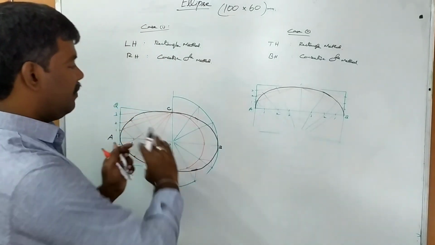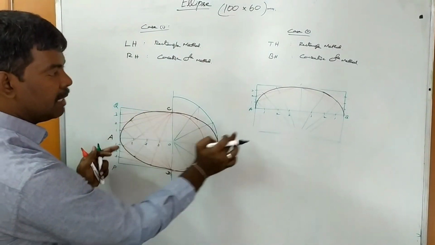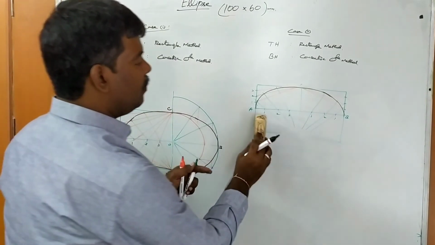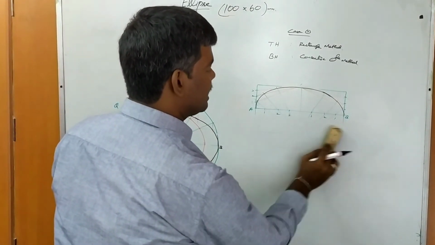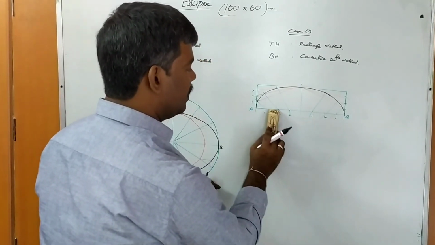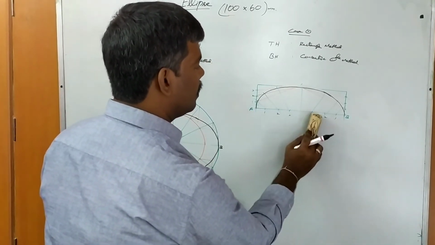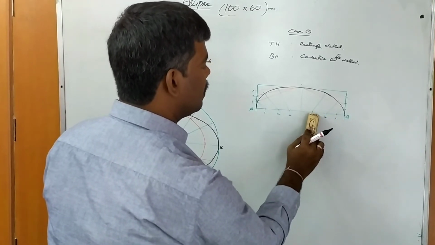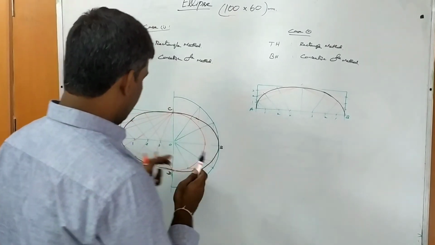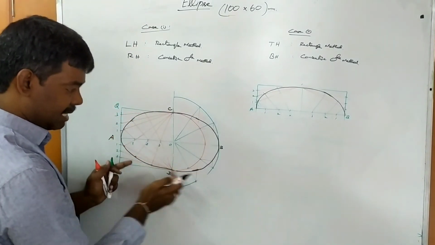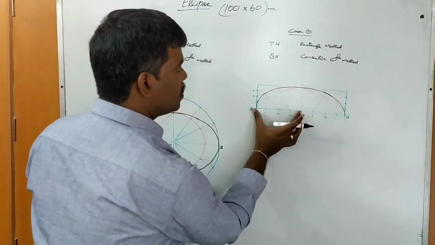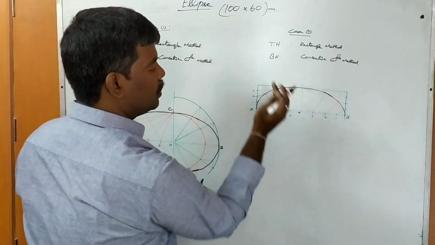Okay, so the top half portion of the ellipse is over. Next, bottom half, you know the bottom half. So it is not necessary now. Okay, so construction lines are drawn thin. Right. Next thing, bottom half. So bottom half is a major axis. So major axis, it is the center, no? So major axis OA is 50 mm, 100 by 2, 50 mm.